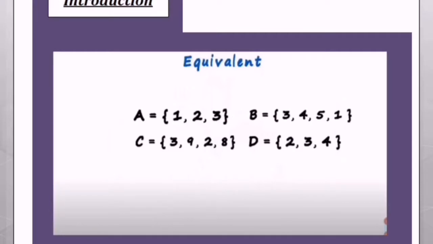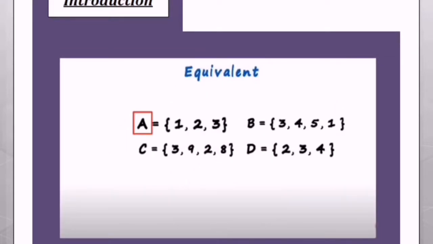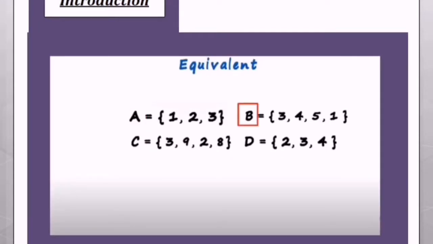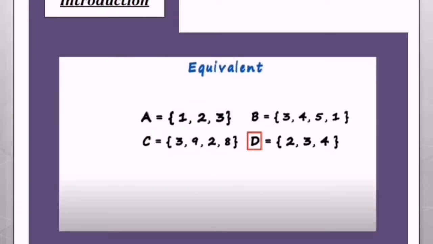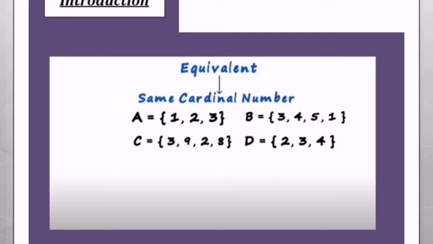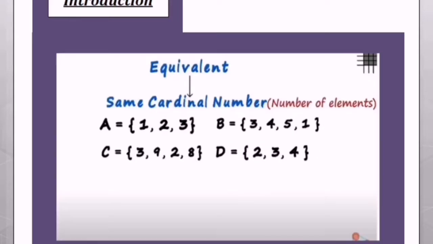Introduction: what are equivalent sets? To understand the concept of equivalent sets, we consider 4 random sets in which A consists of 1, 2 and 3, B consists of 3, 4, 5 and 1, C consists of 3, 9, 2 and 8, and D consists of 2, 3 and 4. Any two sets are equivalent if they have the same cardinal number. The cardinal number of a set is the number of elements present in that set. To know which of these sets are equivalent,